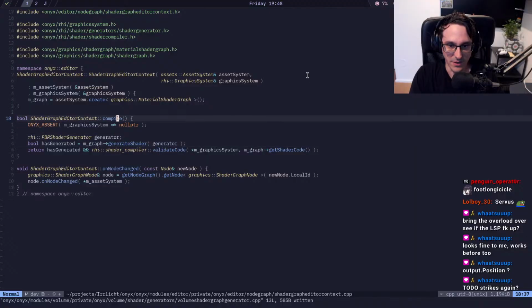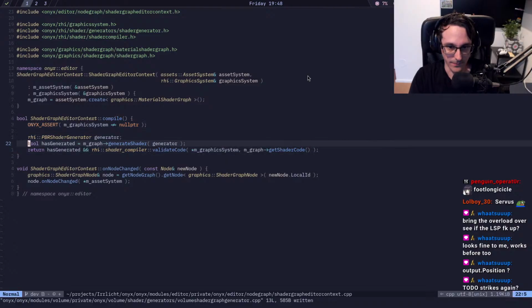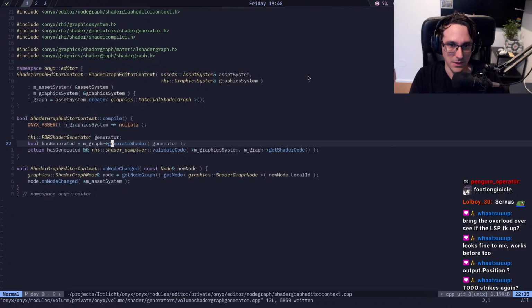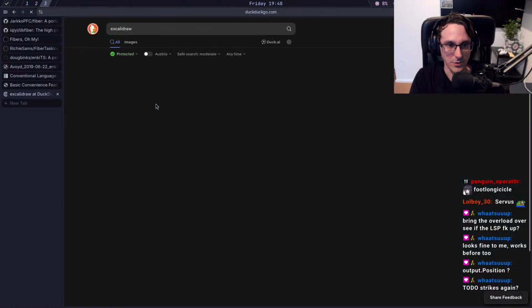So basically from here we will give it the stage. But in reality, it's probably a little different than that. So I think, is it Excalibur or whatever? I think what we want,